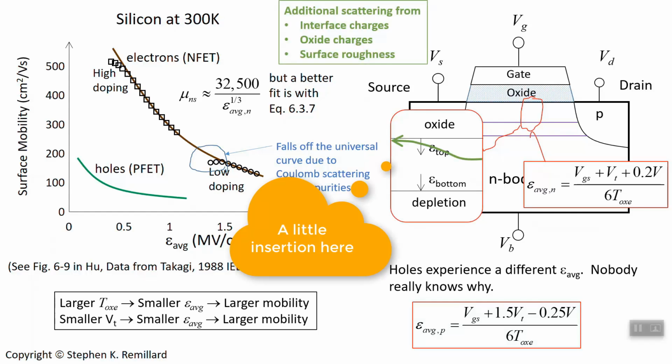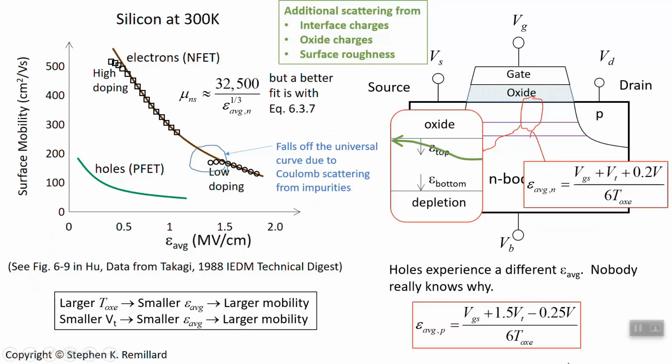Let's add one little extra detail in the middle of all of this, and that is, how does mobility go down? I realize I left that out. So as the electrons flow through the inversion layer, which is this top layer, unmarked layer, but with the circle through it, there's the electric field in the inversion layer. The electric field is perpendicular to their direction of motion because it's coming from the gate, and so it causes a deflection of their trajectory, and they deflect toward the interface between the oxide and the semiconductor, which is where